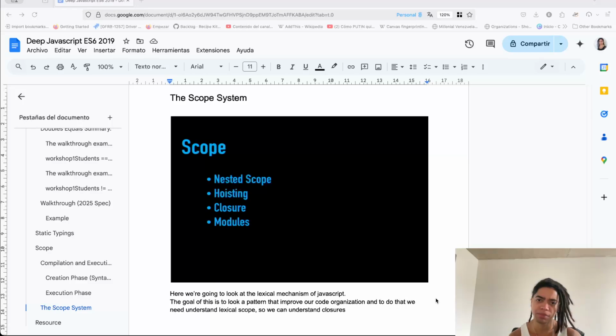Today, let's explore the scope system. I'm going to make a quick recap of how we got here. This is a course taught by Kyle Simpson, a software engineer who has previously worked at several companies, and now he's the author of a series of books like You Don't Know JS, a very compelling name, and the other is Functional-Light JavaScript. Right now we're looking at this first series of books, You Don't Know JavaScript. We already looked at